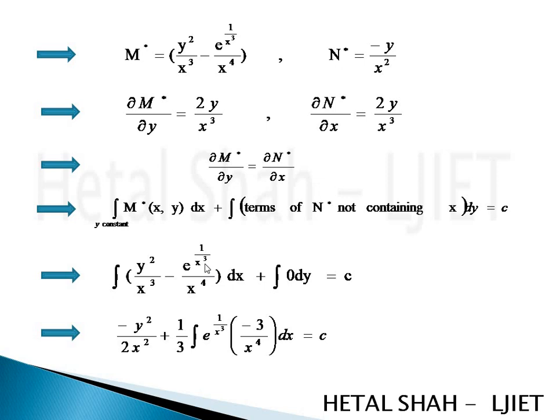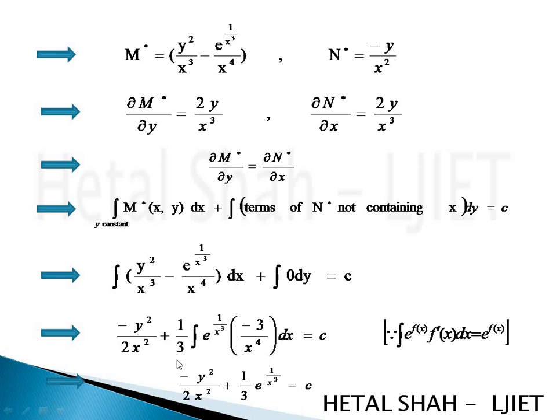So I just keep the e raised to 1 upon x cube into 1 upon x raised to 4, but here I multiply by 3 and divide by 3 because the integration of e raised to f of x, f dash x dx is equal to e raised to f of x. I apply this formula here, and by applying this particular integration formula, we get the final answer